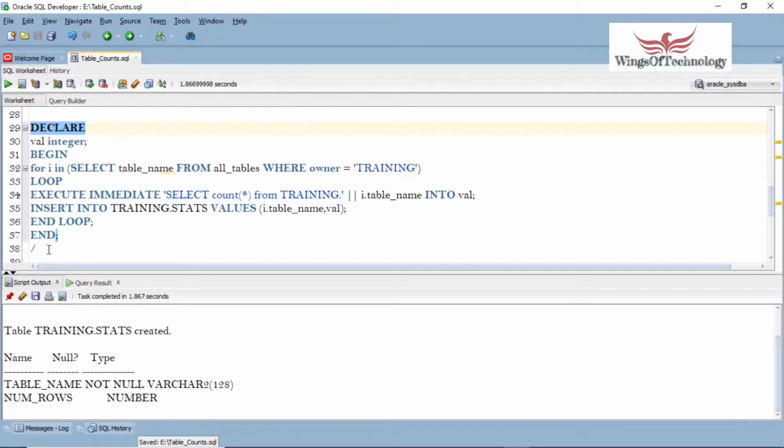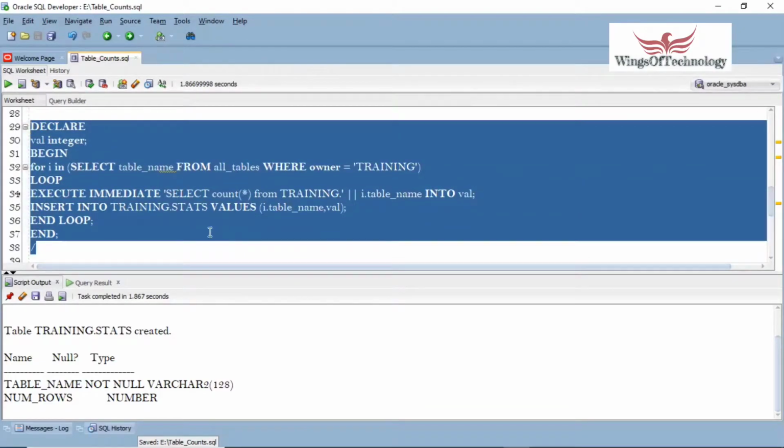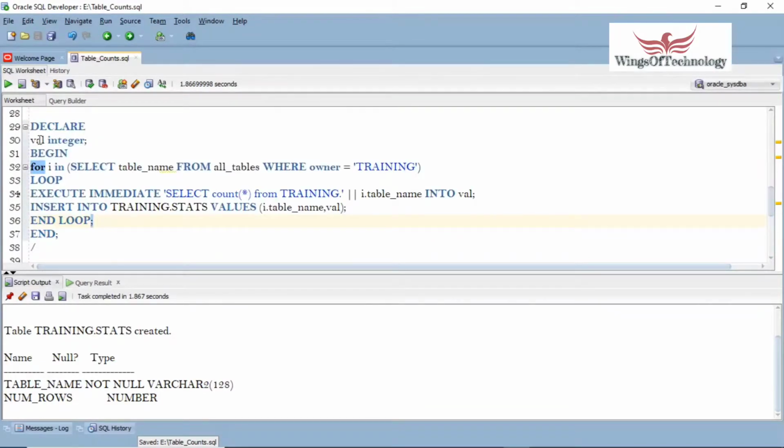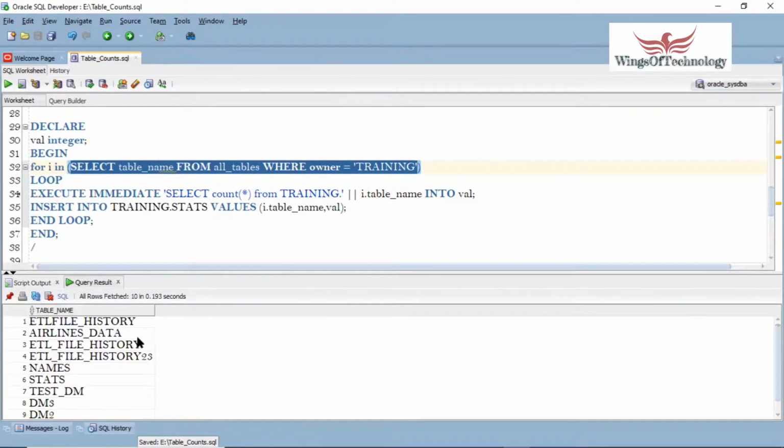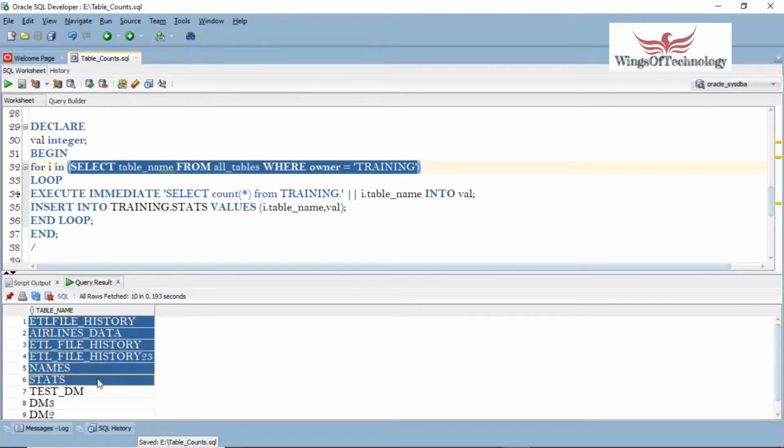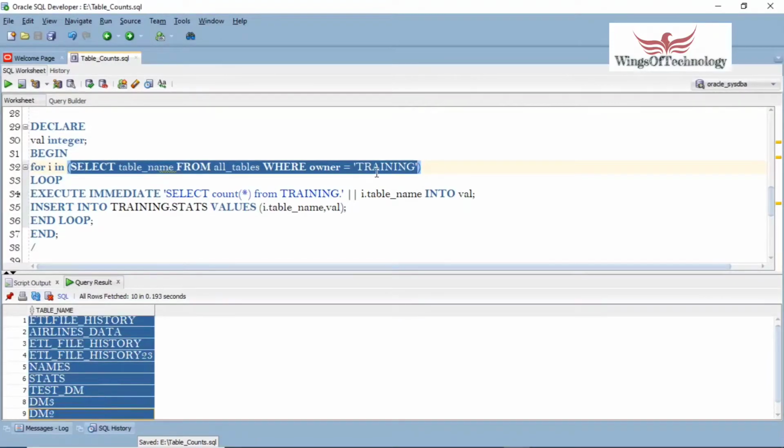Okay. Now this is the PL SQL block. It is declaring one variable. The variable name is val, and its data type is integer. We have one for loop. In the for loop we have this query, or you can execute this query and see. This query is giving me all the tables that we currently have in the training schema.